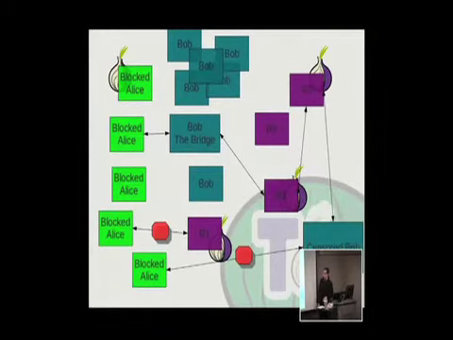Alice wants to connect to the relay, but Alice can't connect to the relay because some government somewhere blocks them. So instead, what Alice will do is talk to her friend Bob, the bridge. It's cute, right? And so Bob the bridge is like, oh, hello, Alice. The Chinese government doesn't know about me, or the Iranian government, or the US government, or the Canadian, all the different countries that censor. And you connect through Bob the bridge, and then Bob the bridge connects you to Relay 2.